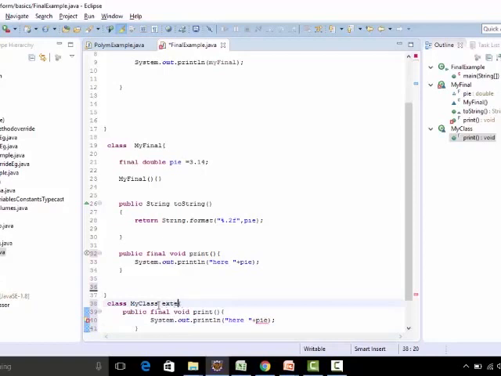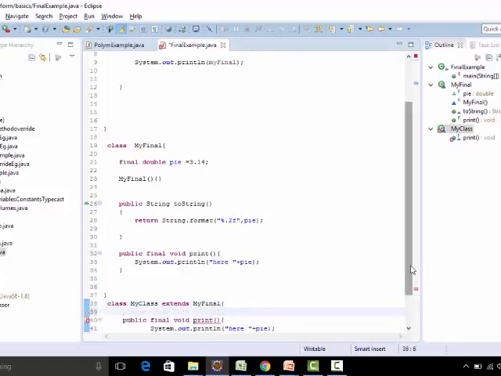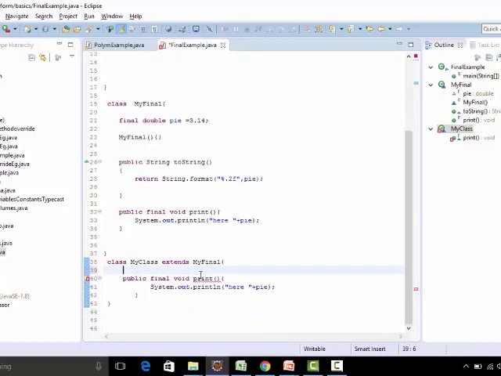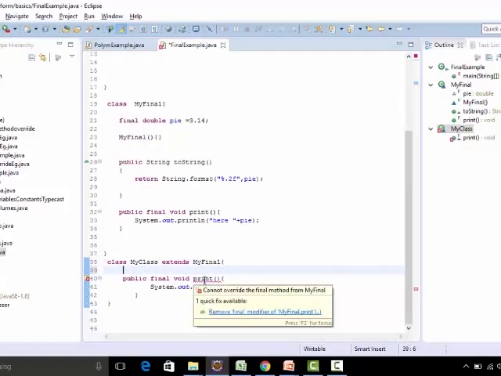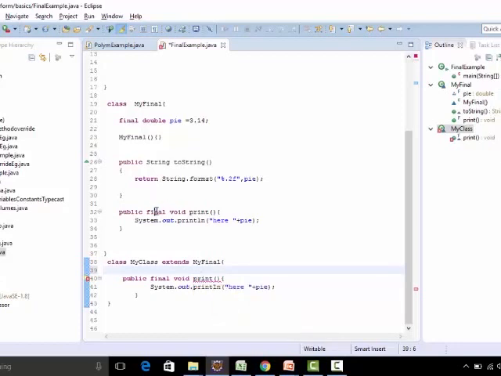So here what I'm doing is I'm just creating another class, and I'm extending my final. To extend, I'll not have an issue, but if I try to override the method print, it will give me an issue because you cannot override a final method. So it's saying remove final modifier. If I remove just this final modifier, it won't have an issue. So that's a problem. You cannot override a final method,